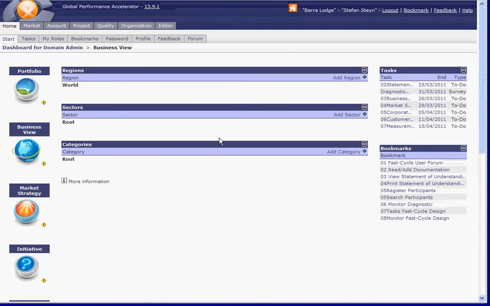So if we go back to the dashboard, then you can always monitor the whole process.